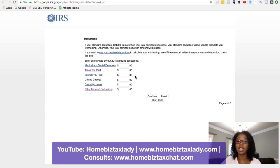And so then you put in your itemized deductions, what medical expenses you paid, any taxes you paid. Now remember, your state and local taxes are limited to $10,000. So if you paid $10,000, then hey, that's what you put here, or whatever that number is for you. Your gifts to charity. So let's say that you normally donate $10,000. And then other itemized